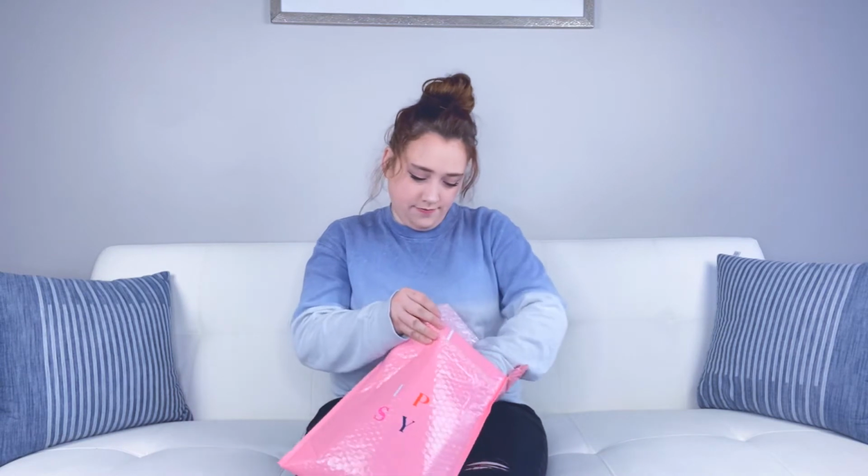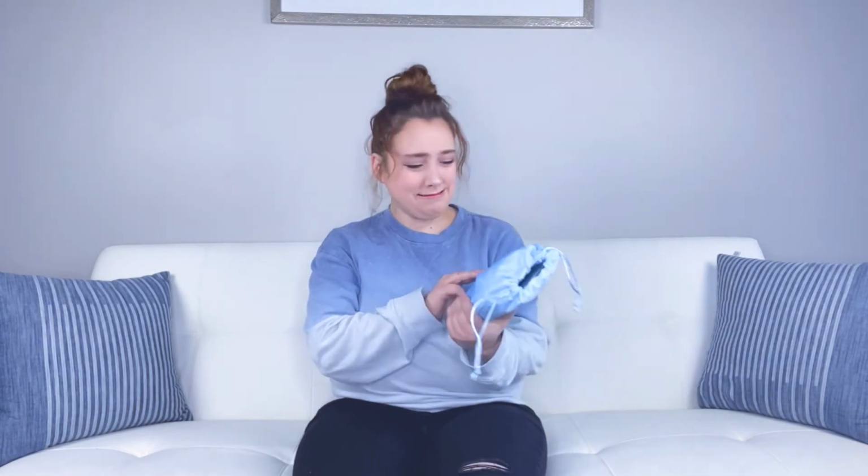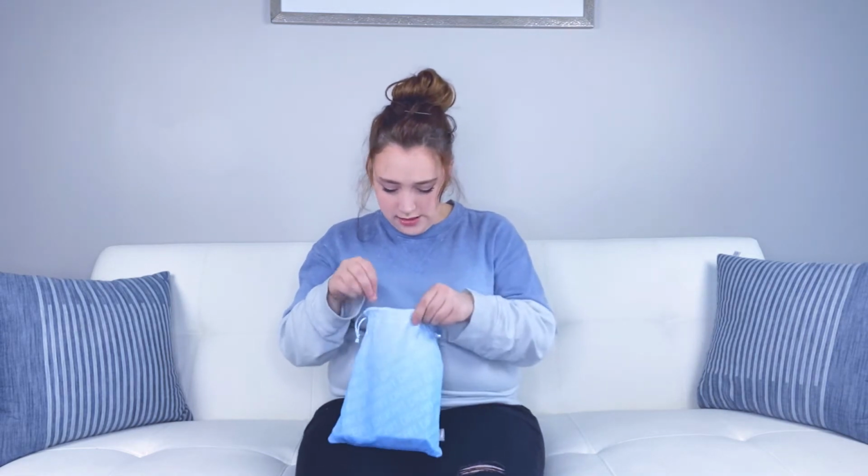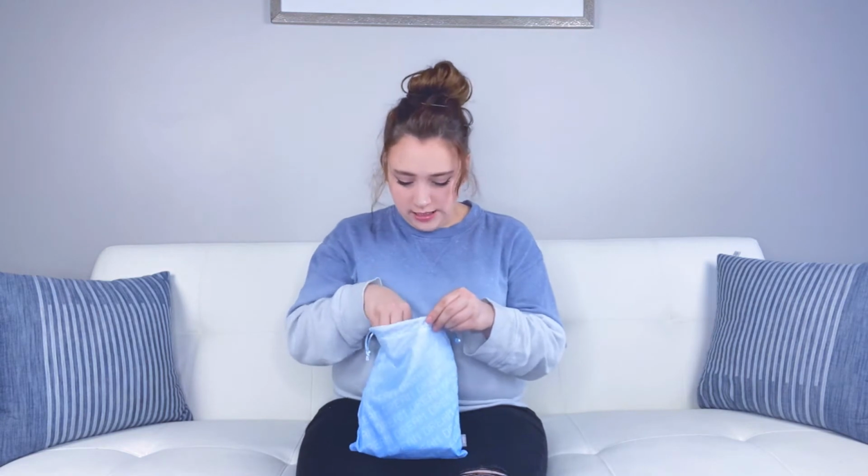Okay. I do the Glam Bag Plus, so that's what I'll be reviewing today. I love the bag, it's so cute. It's light blue and it just says dream all across it. Ugh. I know I don't need more bags, but I love this one. Okay, let's see what's inside. I picked 3 out of my gifts this month, but Ipsy picked the other 2. So let's see what